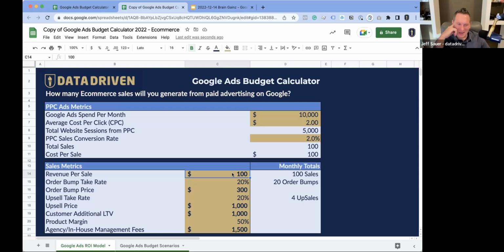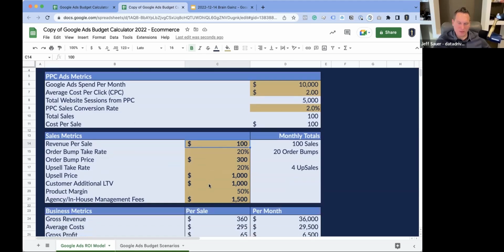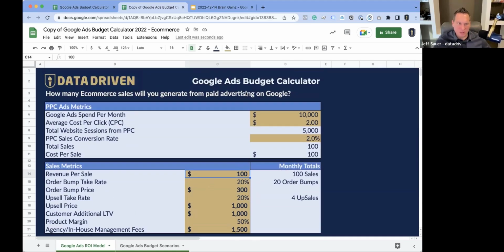So it's not some weird astronomical thing that doesn't make sense. We're going to be launching some ads and trying different price points and different setups to see what the right sweet spot is, whether it's low price with a bunch of upsells, or medium price with minimal upsells, that type of stuff. So we're going to be doing some experiments, and I wanted to run the numbers to see how this would work. This version is for e-commerce.